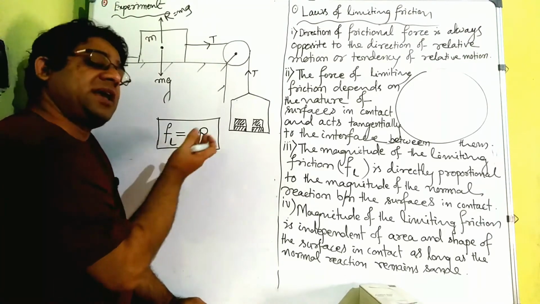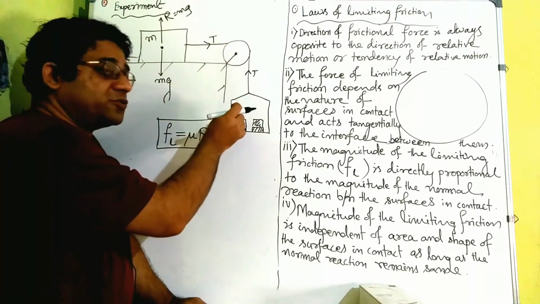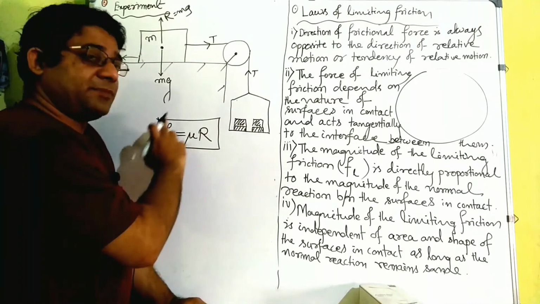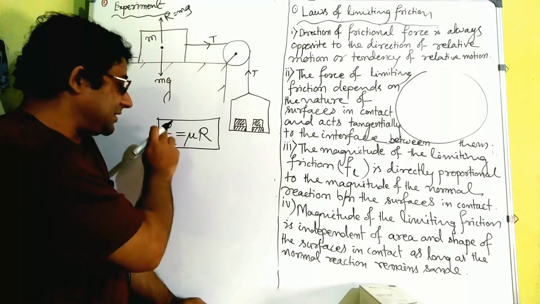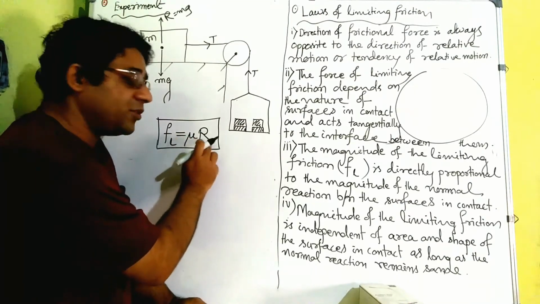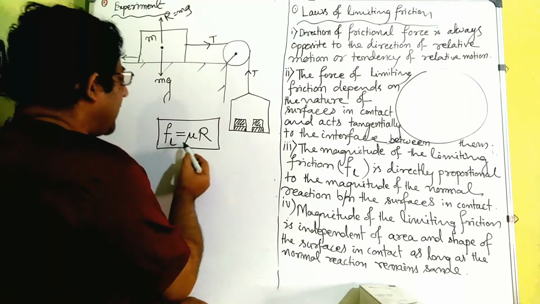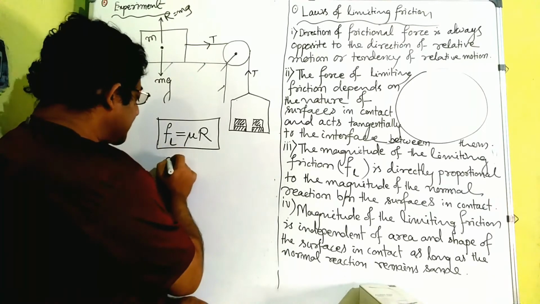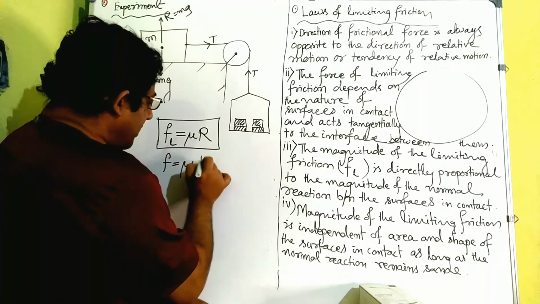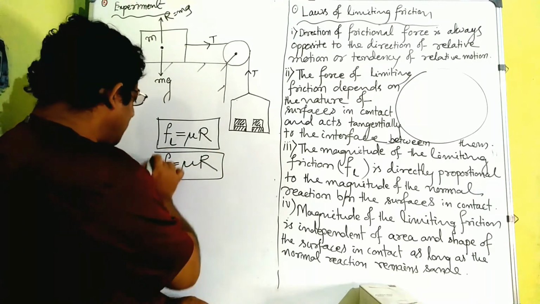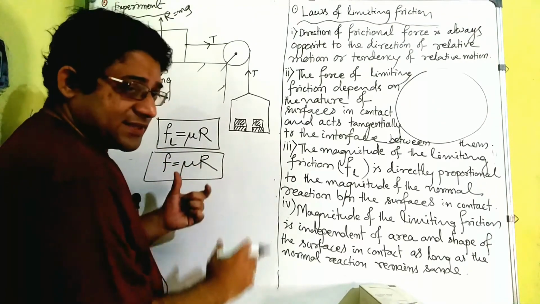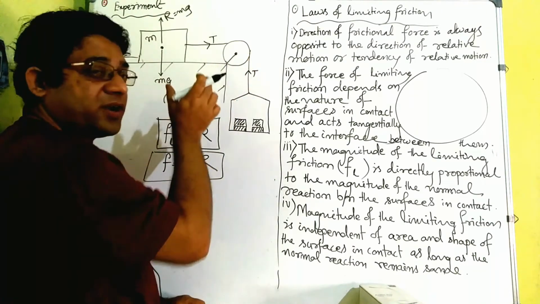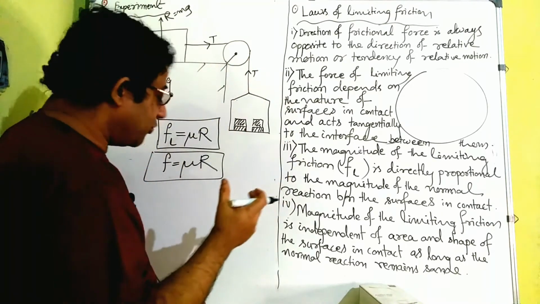Actually the frictional force can be zero also. If the pulling force, the applied force, is zero, the frictional force also will be zero. So it can be zero also, and at maximum it can be the limiting friction, and the formula of the limiting friction is equal to mu times R. Clear? When this formula is applied, we have to see how to calculate the frictional force. Generally F is equal to mu R we will take on various occasions, right? Whenever we are applying this in a numerical, we have to see whether the object is actually moving or it is a tendency of moving.